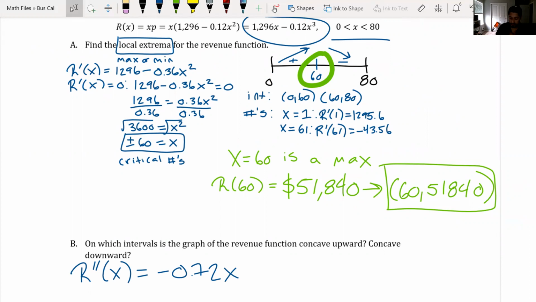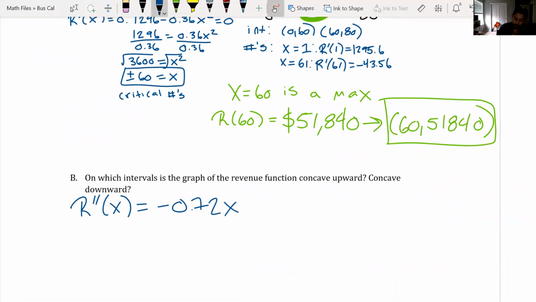And if we're looking for a concavity, you know, set your second derivative equal to 0, negative 0.72x equal to 0,